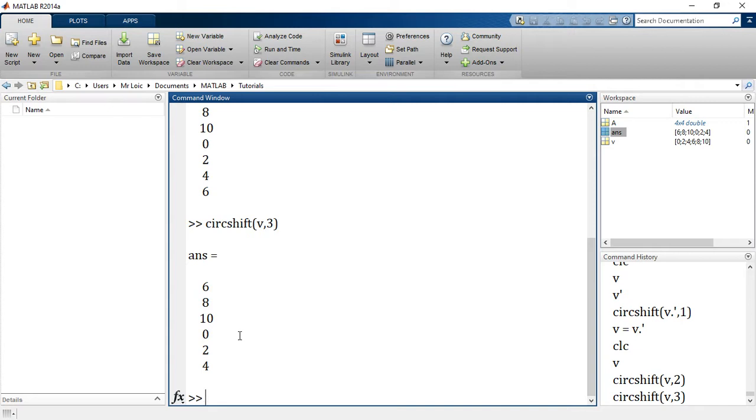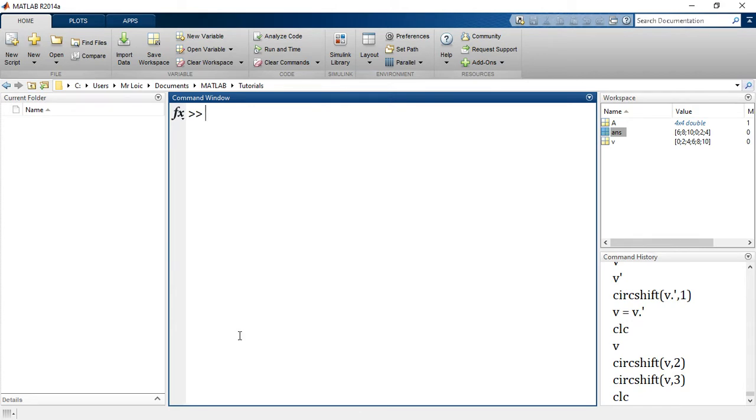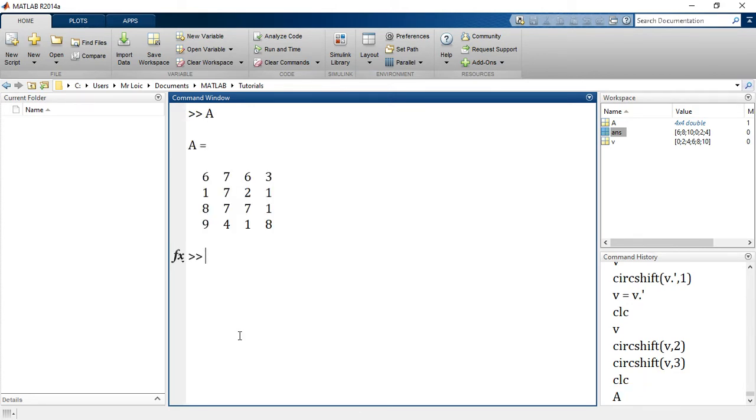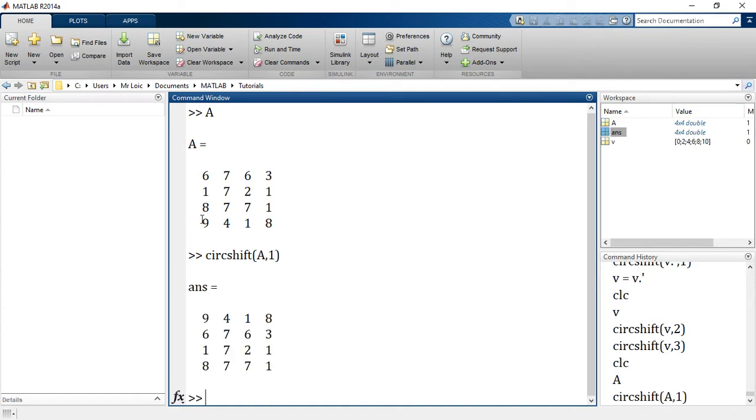This will do exactly the same thing for our matrix A, following each column; we've seen this type of operation before. It will do it column by column. So let's apply circshift on A just once, to understand the principle better. What happens? 9 here has become the first, while 6, 1, and 8 have gone down. Here 4 has become the first, and 7, 7 gone down. Here 1 is the first, and 6, 6. So the last row actually goes up, and all the other rows shift under that. It does that column by column, as you can see.